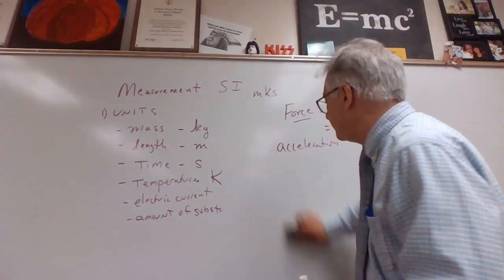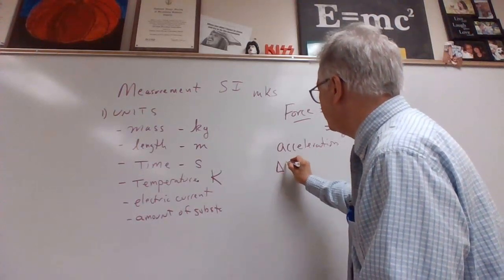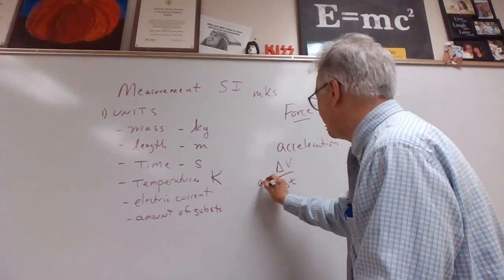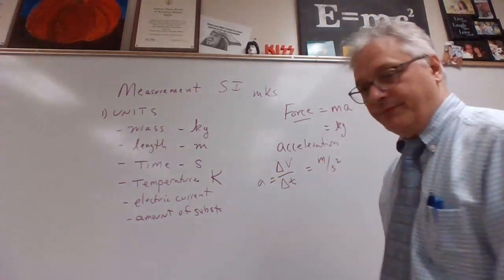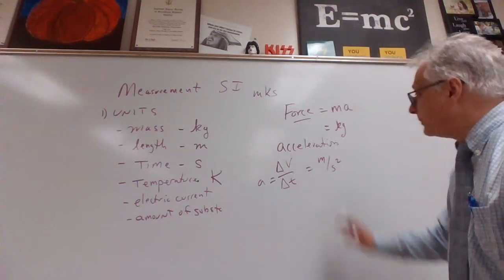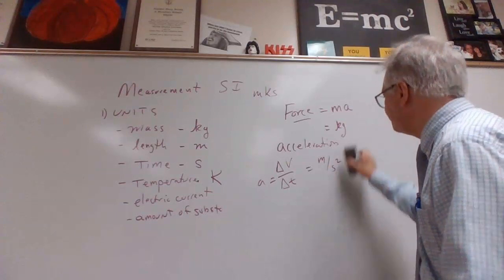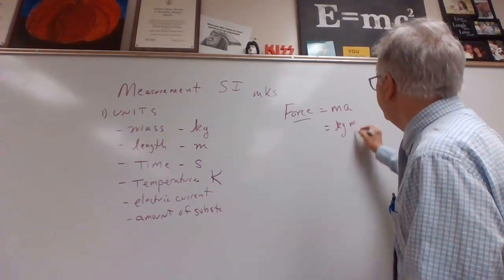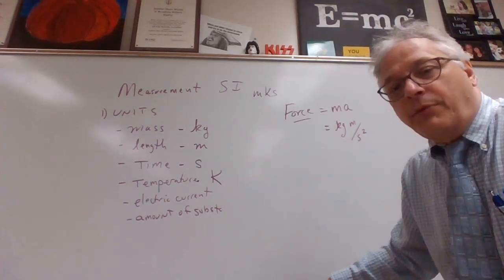So we have units of, first of all, I should write it as the change in the speed and the velocity and the change of time. That's acceleration. And that has units of meters per second squared. So meters per second squared, if I put it back up into my force equation, the units are going to be kilogram meter per second squared. Okay? So the problem with that is,